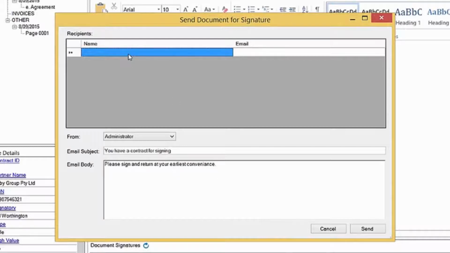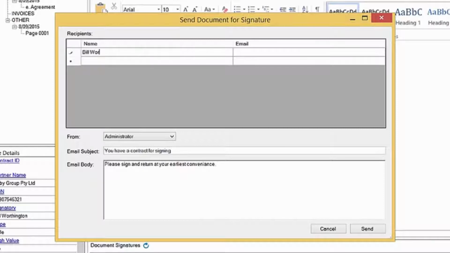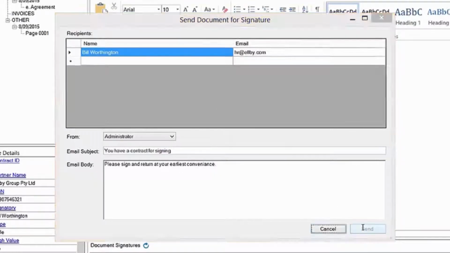I also then need to put the signatories who need to sign this. So we've got Bill Worthington, and he is HR. Once we have our recipients and our email subject and body, I can send that off